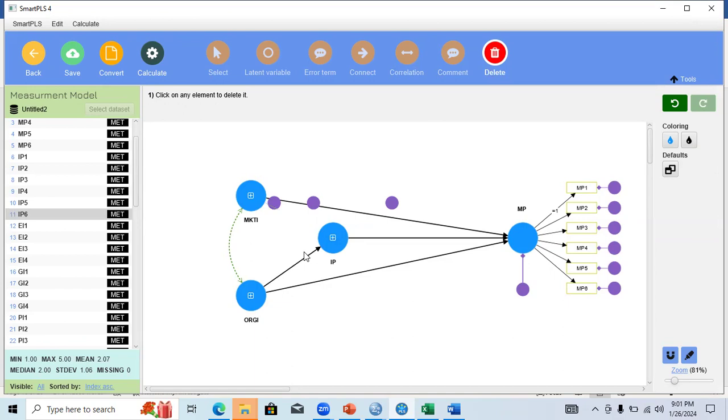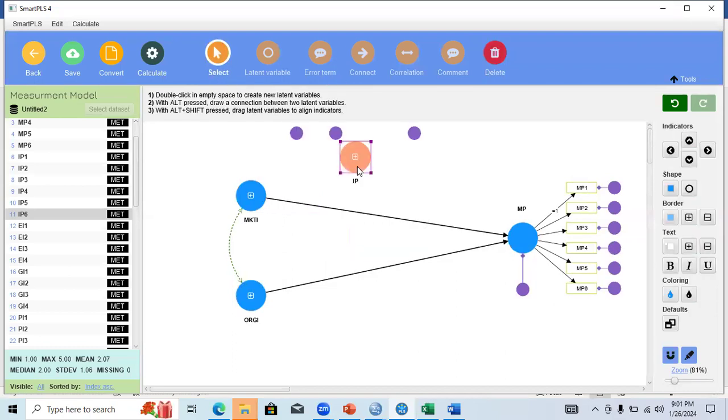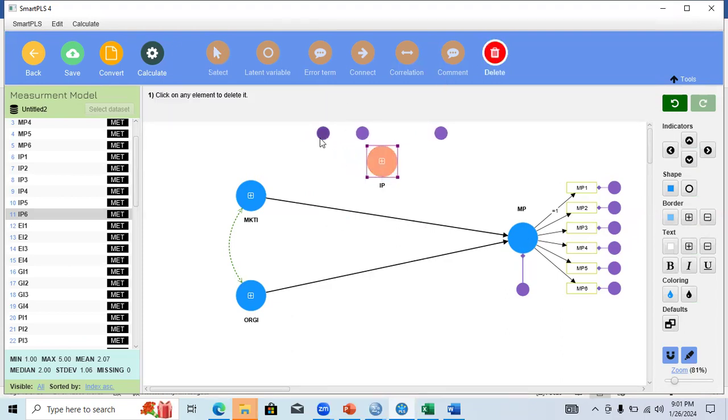For example, if we consider here the IP, just a minute, why are they appearing?